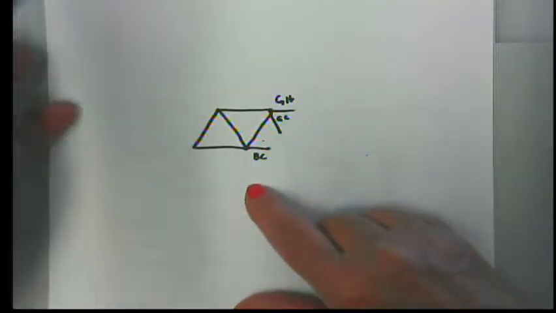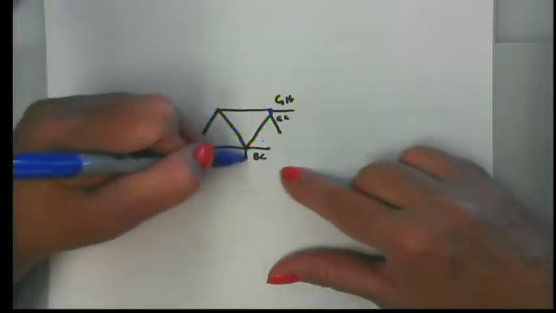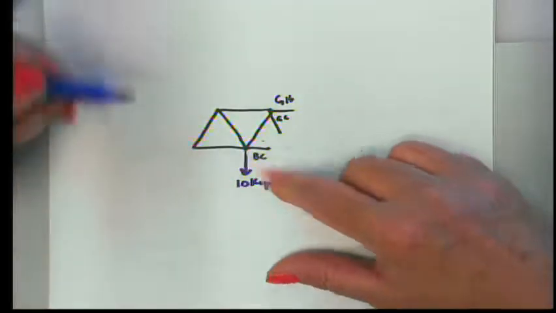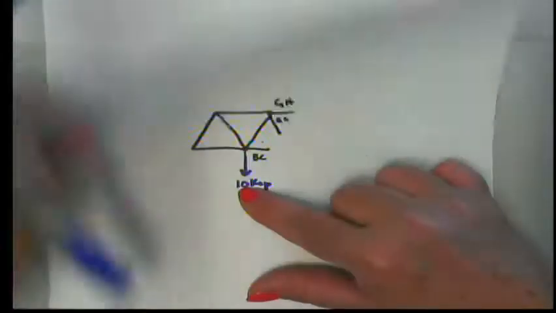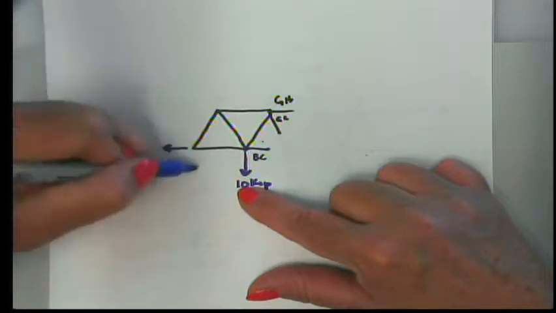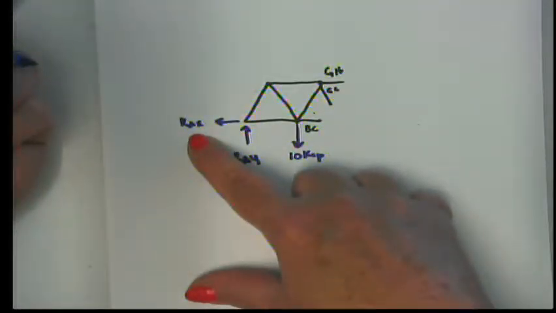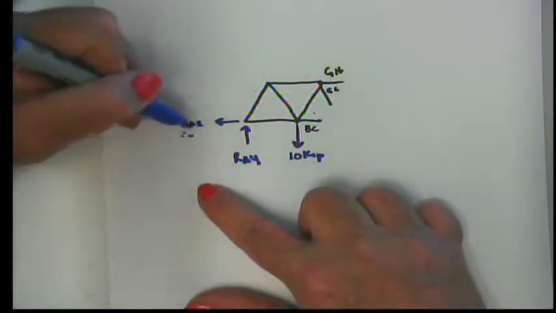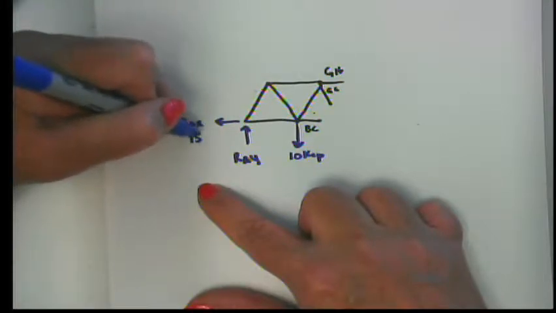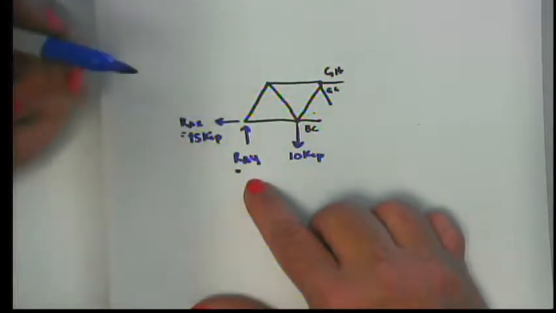I don't have to analyze anything there, but I do have to pick up the external forces on that side of the truss only. So here at point B, I have a 10 kip force. And then, of course, I don't have any other forces on the truss except for the reaction at A in the X direction and the reaction at A in the Y direction. Okay? And from my analysis, I have found that this value is 15 kips. It's pointing to the left, so I could write it as 15 kips to the left or negative 15 kips. RAY we found to be